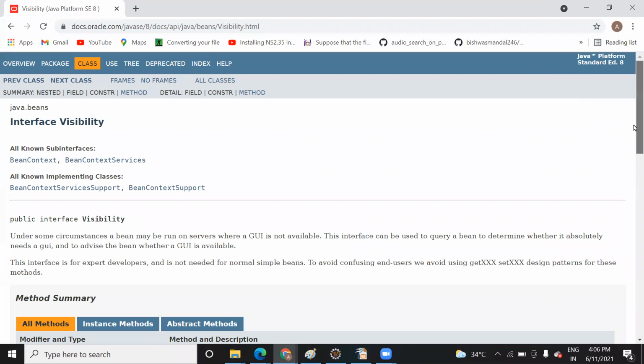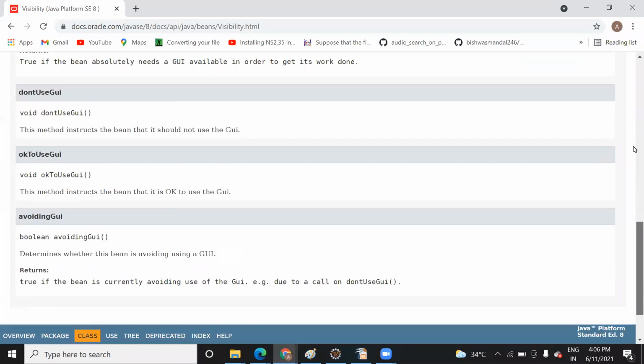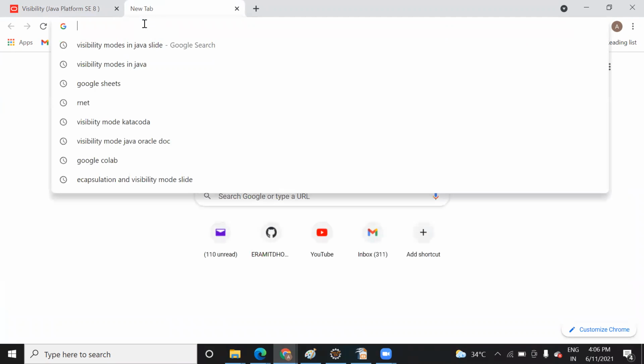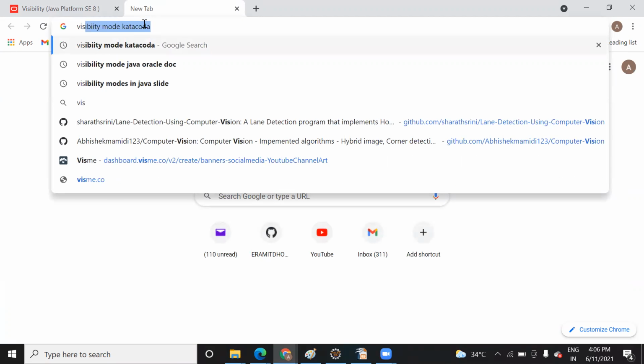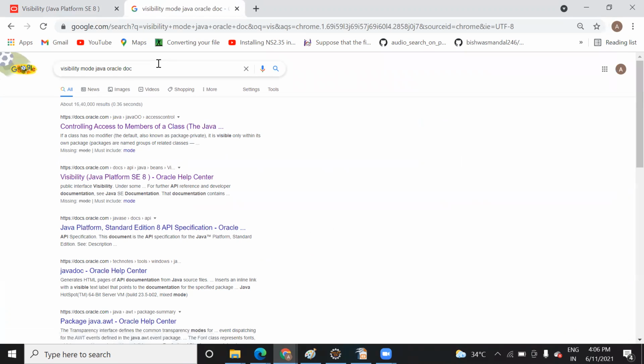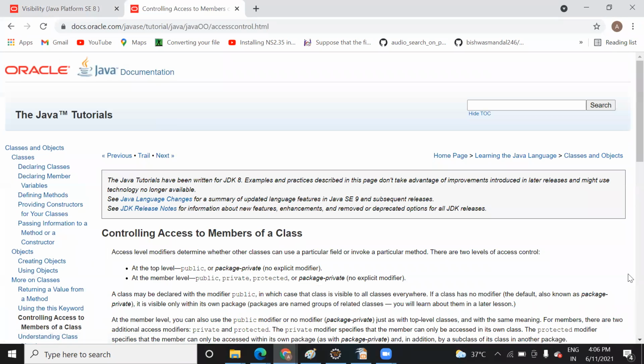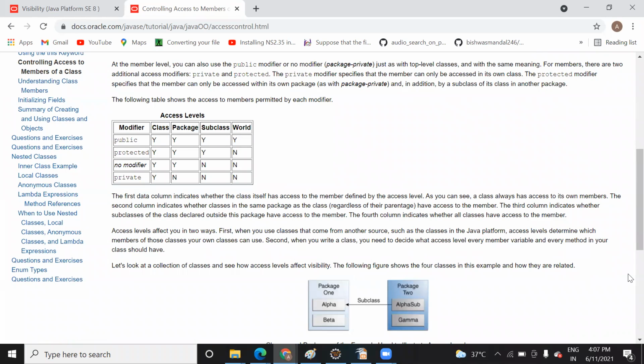This visibility mode is actually used in order to secure your variable or a method. From the name visibility or accessibility, it means that they will prevent access to any variable or method in the program.